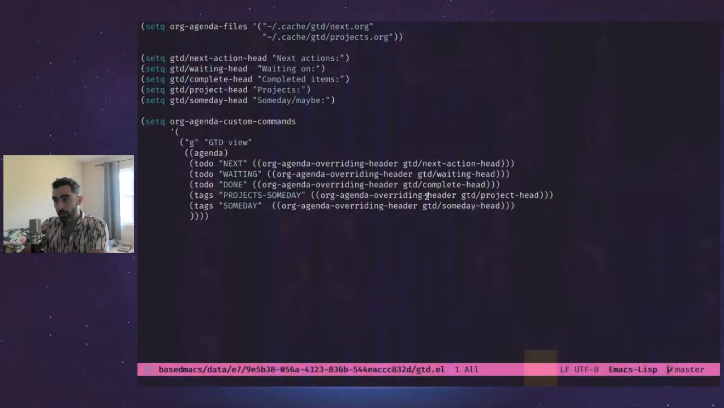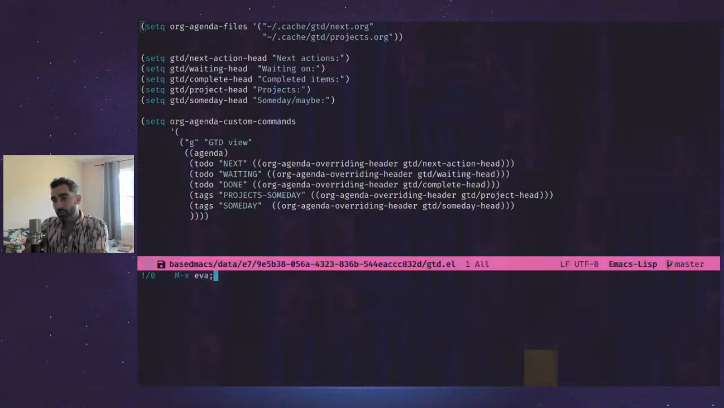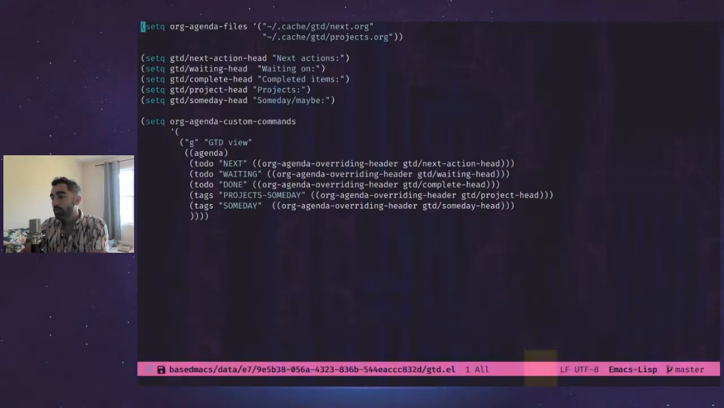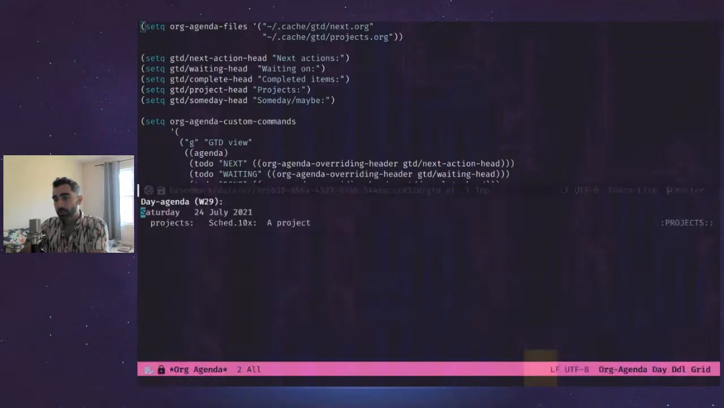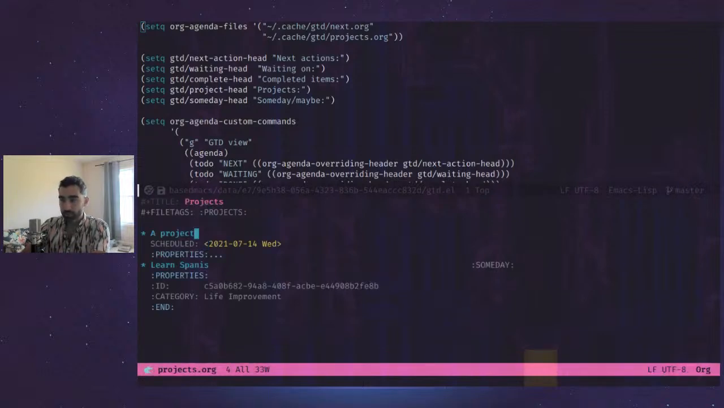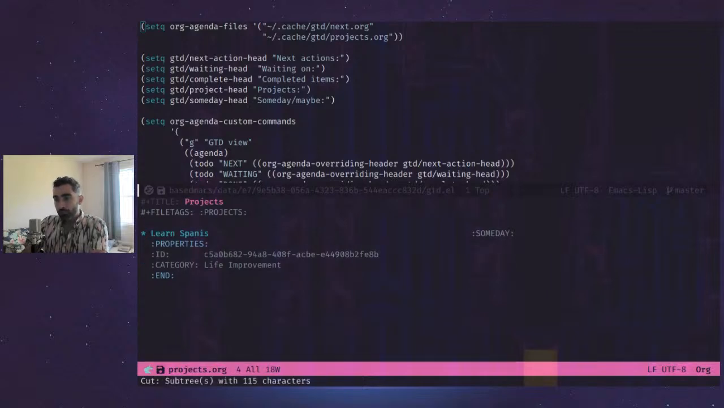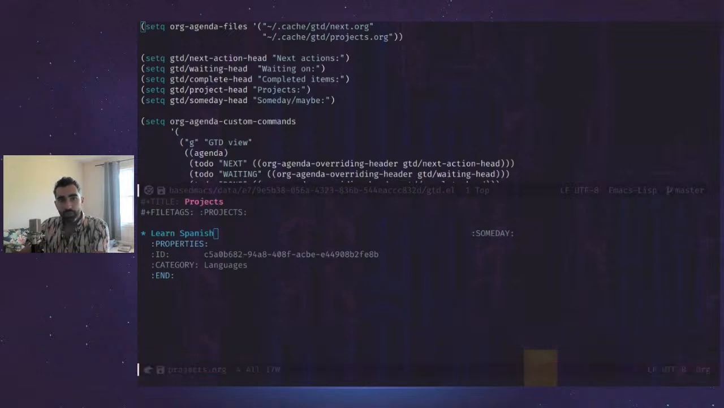So first I'm going to just run the GTD stuff. Okay, so now we're good. That's projects. We'll close that. So you see here, I've got a category. I categorized this project as life improvement. Let's make that something smaller. Let's say this is Spanish. So if you remember, if you watched the Org mode simplified video, I talked about how